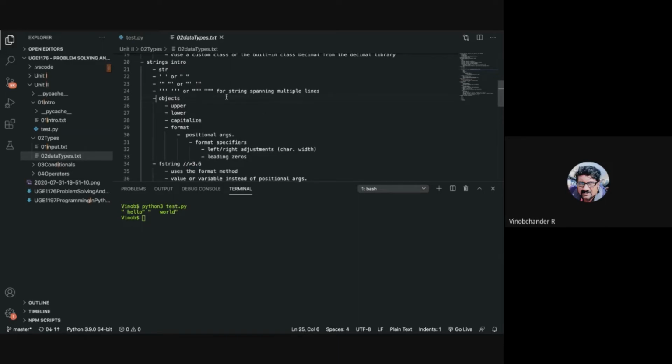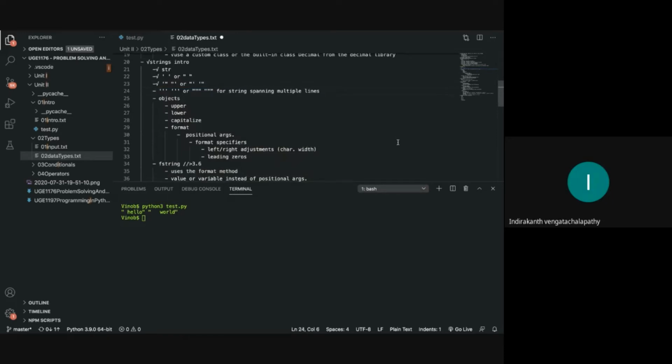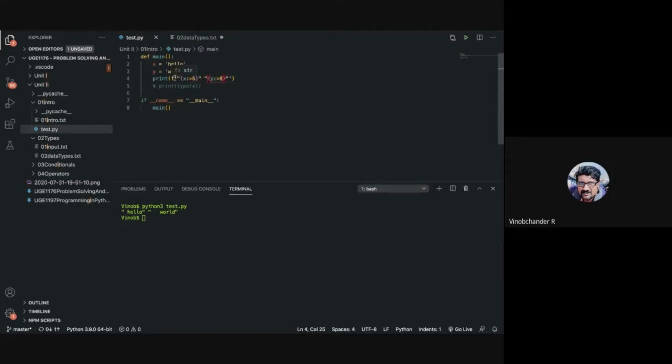All right, guys, understood? Any doubts so far? Sir, in f strings, should there be curly braces? In f strings, you just put an f before your string. Okay, sir, in curly braces only.